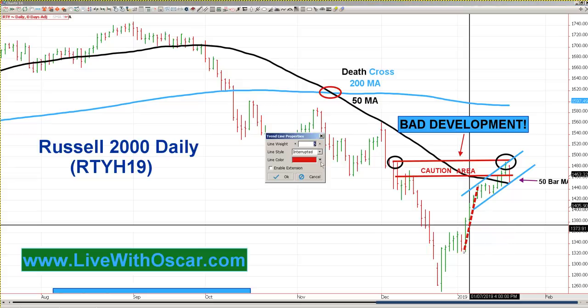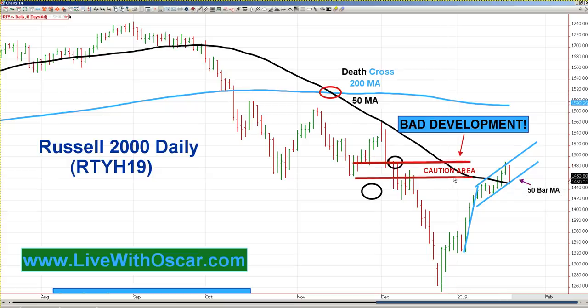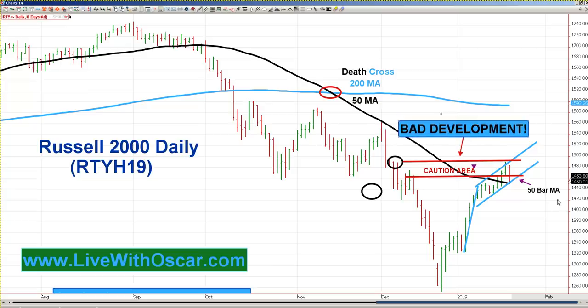So let me just make this blue, and we'll make it solid so that it looks like the other one. And this is basically an F flag. Let me just see if I can make it look a little prettier for you. Get this out of the way. And we've been in this F flag, and now that the F flag may get penetrated, generally you get F'd when you come out of an F flag. Another reason for caution, another reason to consider this a bad development, another reason why I wanted to show you this in a class today live and in a video on YouTube, which will be posted shortly.